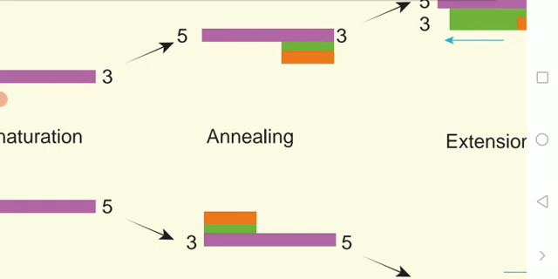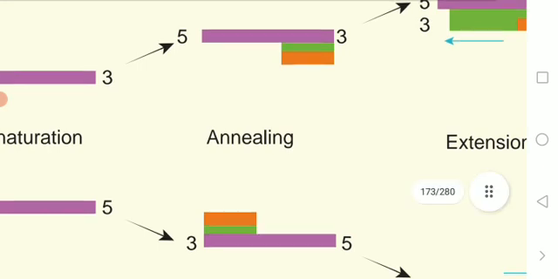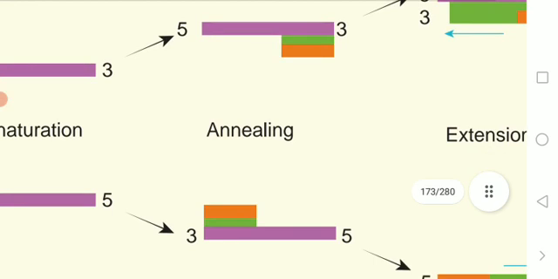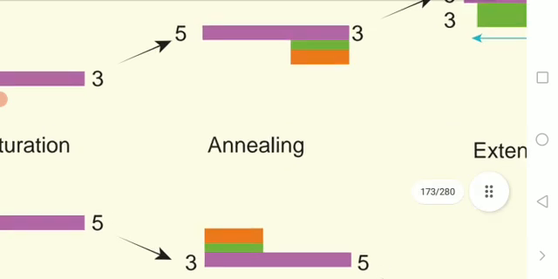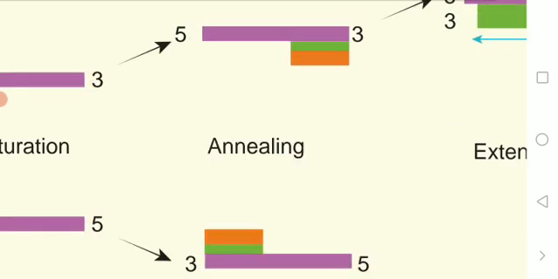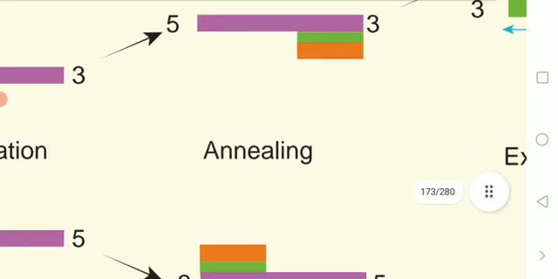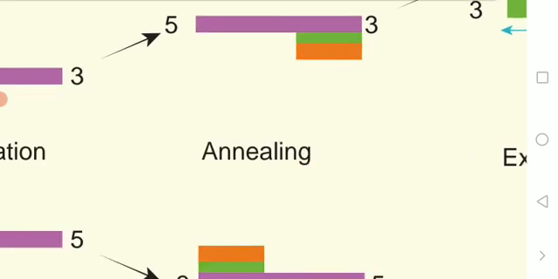The pathogens are taken out and just kept in the PCR equipment. That's what happens during denaturation, which means the reaction mixture is heated. The pathogens are heated to about 95 degrees Celsius for a short time, maybe 1 minute or 3 minutes, to denature the target DNA into single strands that will act as a template for DNA synthesis.